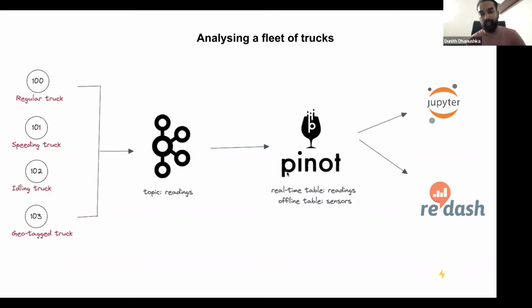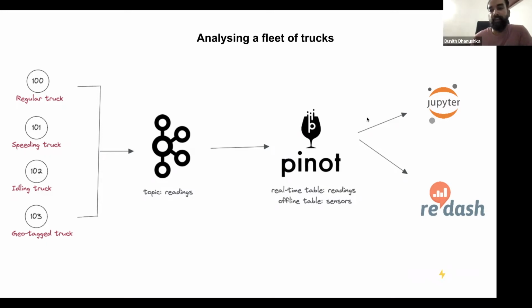Also, we have an offline table, I'll talk about that later. This offline table serves as a dimension table. It has the metadata about each truck, so there's a one-to-one mapping between sensor and the truck that it connects.